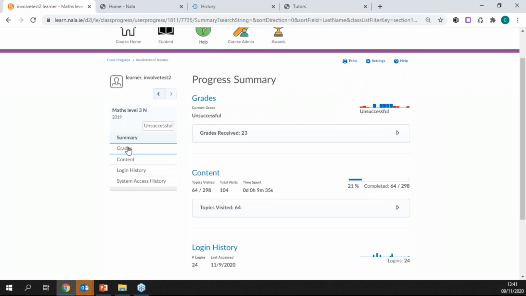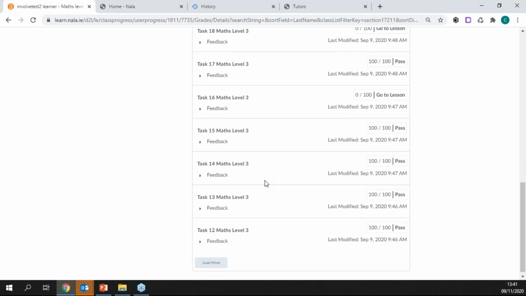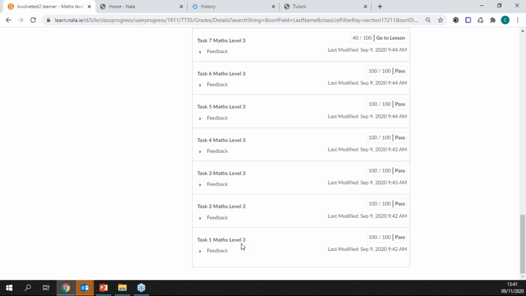And the first place I'd start is with grades, just to see what happened for them in the tasks. Maths has 21 learning outcomes in that QQI course descriptor. So we have 21 tasks. So the learner would need to pass all of them. So if I go to level 1, 2, 3,